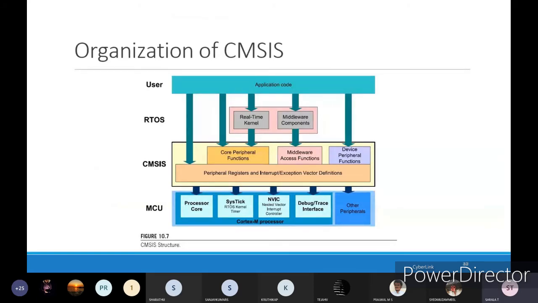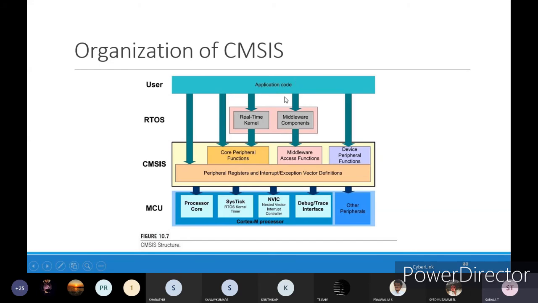You can see the organization of CMSIS. With respect to the user, you will have only the application code. Whatever you want to execute will be in the application code. If we go to the level of a real-time operating system, you will have the real-time kernel and middleware components.